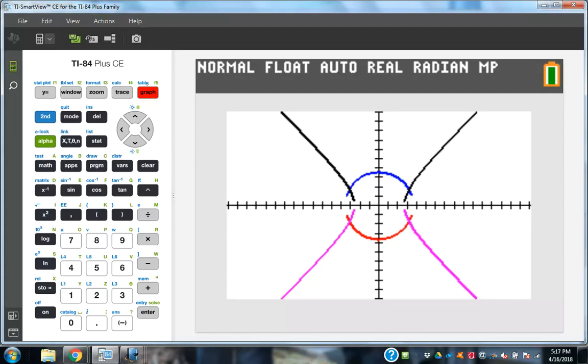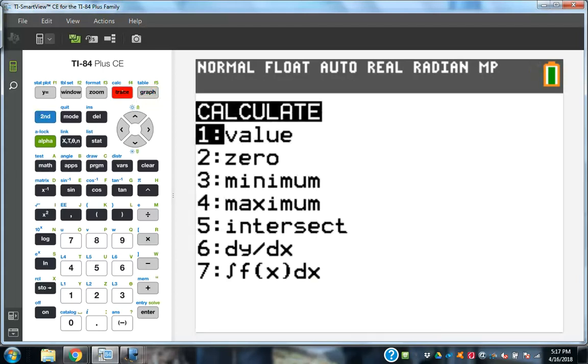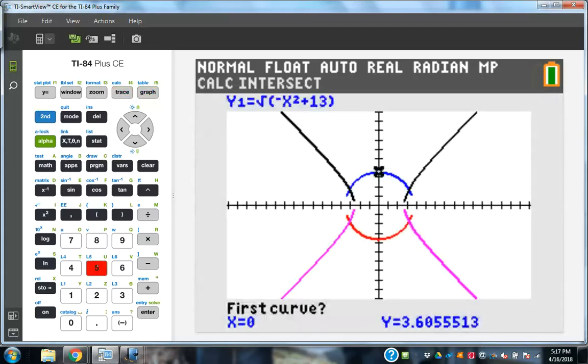How do I find any of them? Little thing I did earlier. Absolutely. That is the best way to do it. Okay. So I'm going to hit second, trace, intersect. First curve is the blue, the top half of the circle. Second curve, I'm going to press the up arrow until I get to the black one. Enter, and then